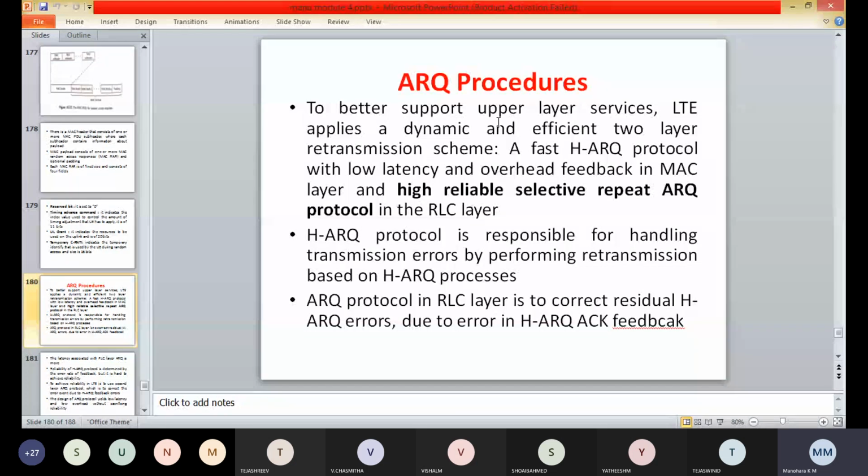So here the status reporting is triggered by setting the polling field of the RLC data PDU to 1, and the NAK reporting is contained in the status PDU.